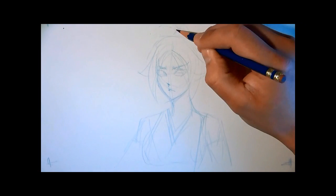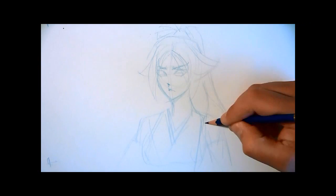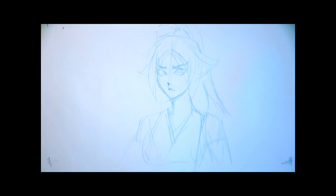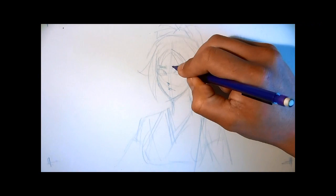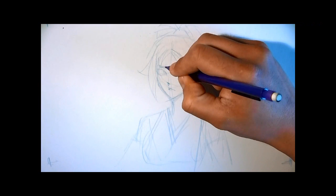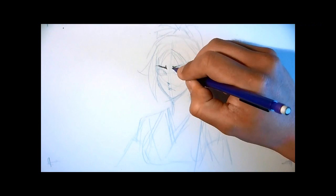And as you can see, in the beginning I just draw a very basic geometry form. I don't go in and do detail that much. I'm just trying to find a baseline or the foundation of the whole face. And now I'm changing the pencil to the mechanical pencil, after I have the whole line laid out,